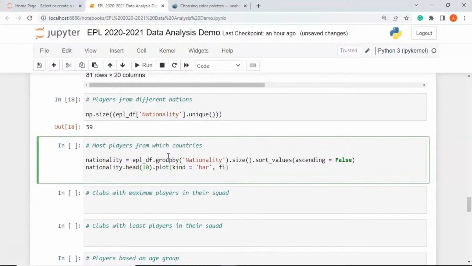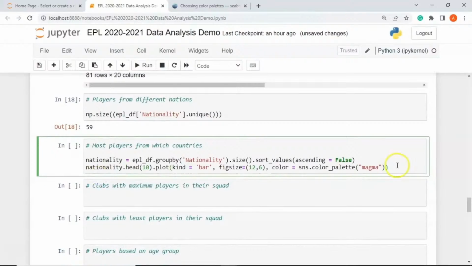Let's give a figure size equal to, let's say, 12,6, and now I'm going to say color equal to, we are again going to use the seaborn color palette, so I'll say sns dot color underscore palette. This time we are going to choose, let's say, magma. All right,